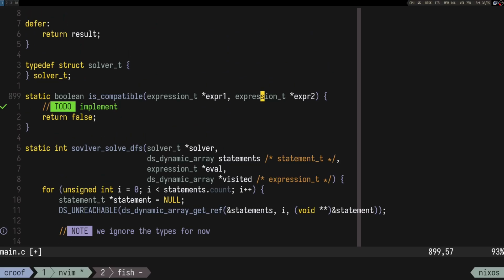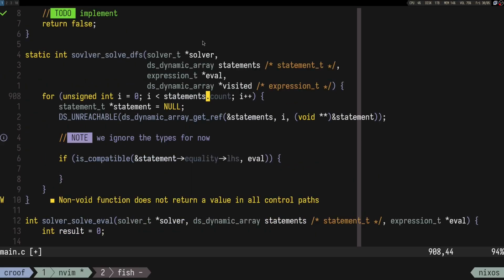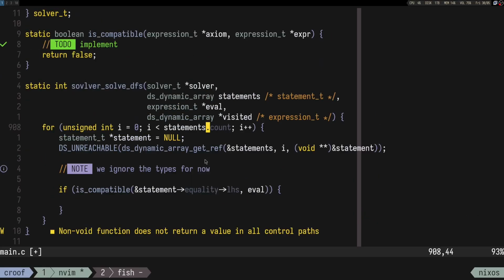Maybe something like axiom and expression,